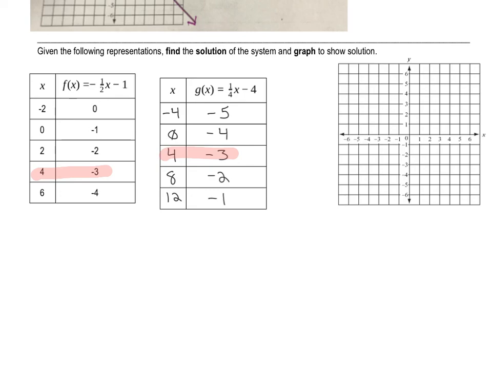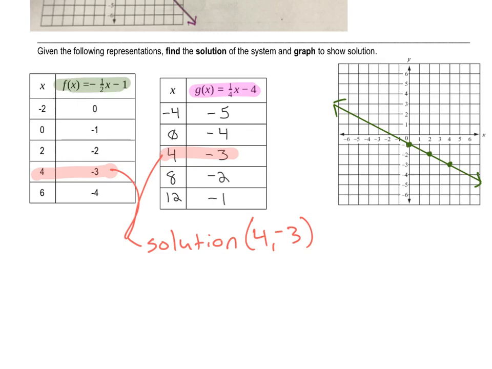Now, if you weren't able to see those are the same points, remember, we share an x, y. That's a solution. The solution, and if I was to graph it, and I'm going to in a second, it will cross at 4, -3. So let's go ahead and verify it. All right, the first graph here of f of x is -1/2 x minus 1. So if you didn't see the solution, you can graph it to see it the other way, another representation. So go to 0, -1, and my slope is down 1 over 2, down 1 over 2, and draw the line. Our next graph starts at -4